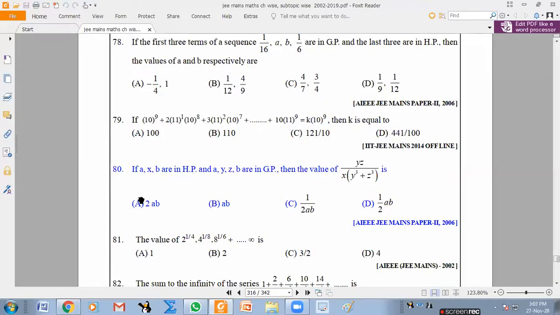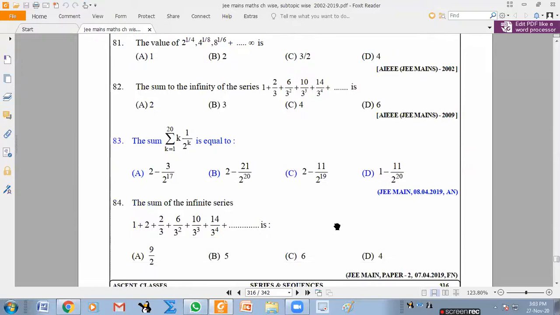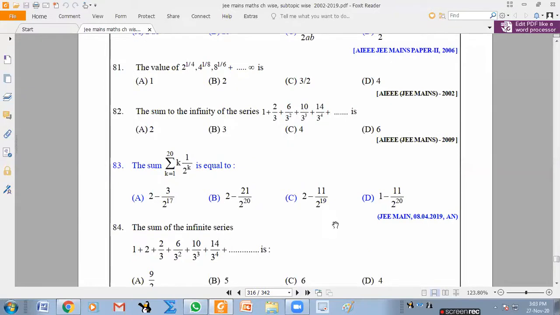Here and there, I arrange the questions in order, but just a slight reorder is required because this is an AGP. I should have kept it in the AGP section. It's okay. Up to 84, anything else? 81. That is actually, the comma is there. It should be plus. Some typing mistake there.